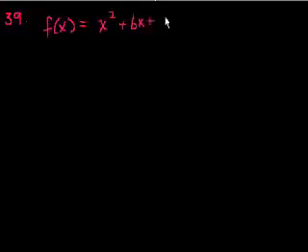We're on problem 39. It says, which ordered pair is the vertex of f of x is equal to x squared plus 6x plus 5? Now, finding vertexes of parabolas, there's a formula, negative b over 2a, but you might forget that when you turn 30 years old. And the whole goal of this isn't just to pass an algebra exam, it's to learn